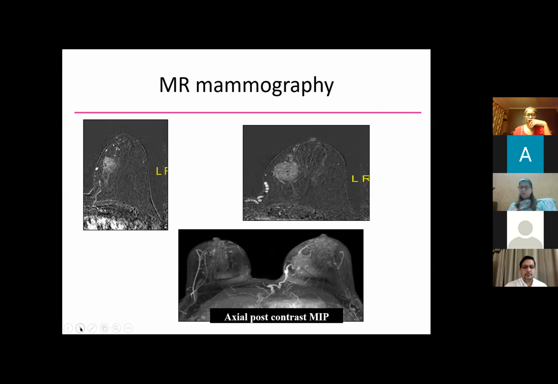Here we can see this is the post-contrast image, this is the post-contrast MIP. This lesion is showing heterogeneous enhancement associated with this. So this is the beauty of MRI, that associated non-mass enhancement along with this solid mass-like enhancing lesion gives us a clue that there is an associated component which may be probably pre-malignant, malignant, or maybe some DCIS or invasive component here. So these are the high risk factors. So besides in a papillary lesion on a core biopsy, if we are seeing associated non-mass enhancement, that makes it all the more suspicious of having some invasive component alongside.